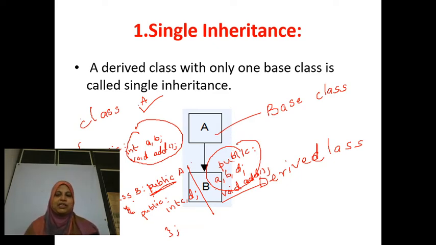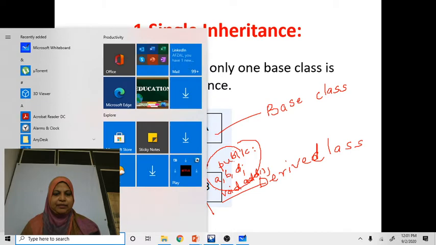Now we are going to discuss this in terms of a program. I am going to implement single inheritance in a program. Here I am using Dev C++.